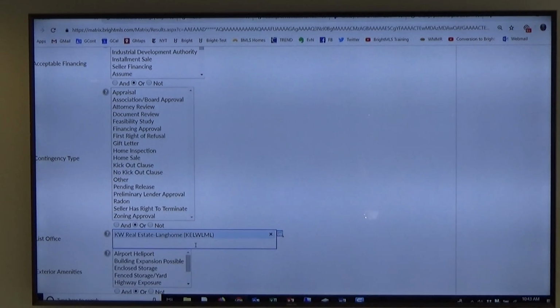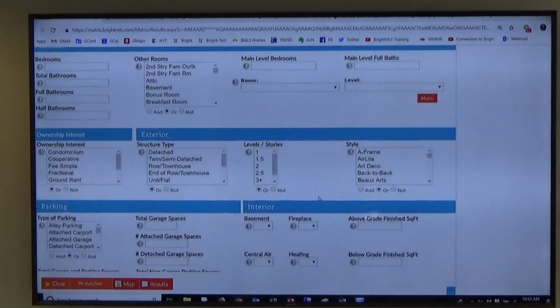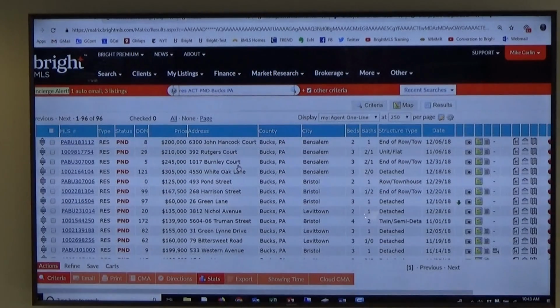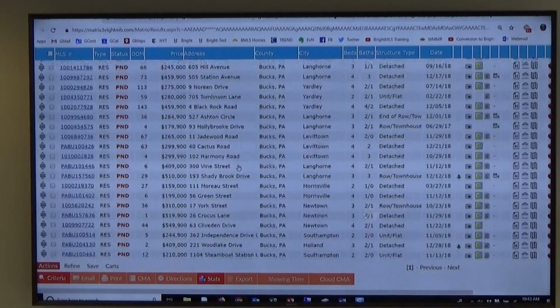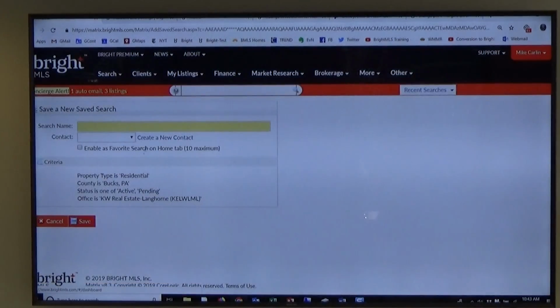Or type in KELWLM. So the point here is, here's a list of 96 properties right now that are active or pending with your office. I would want to go to the results, take this search that I just did, which I'm going to use all the time, come down to the bottom of the search, choose save, and create a new saved search. I'm going to call it KW Langhorne